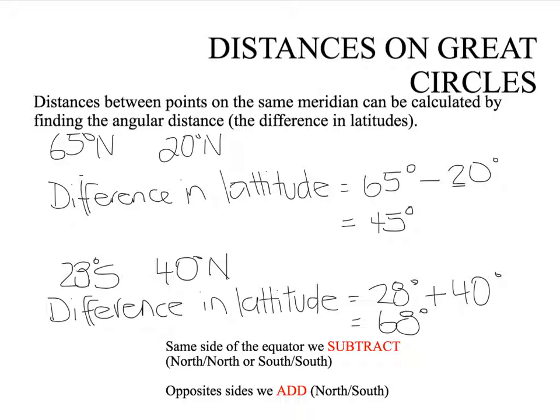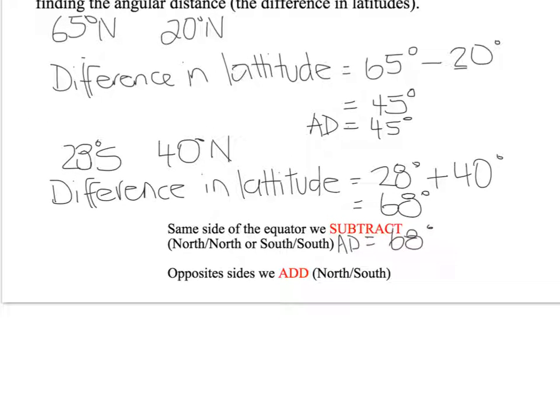Okay, we are looking for the shortest difference in latitude. And I guess lastly, we just need to remember that difference in latitudes is the angular distance. Okay, so the angular distance here is 45 degrees, the same as the difference in latitude. And angular distance here is 68 degrees. Now, basically what we actually then do with that